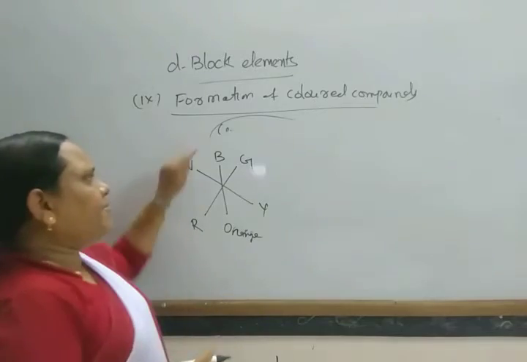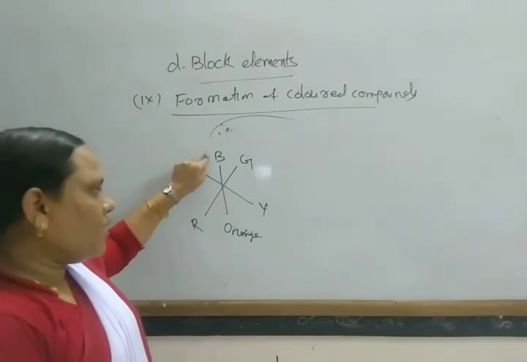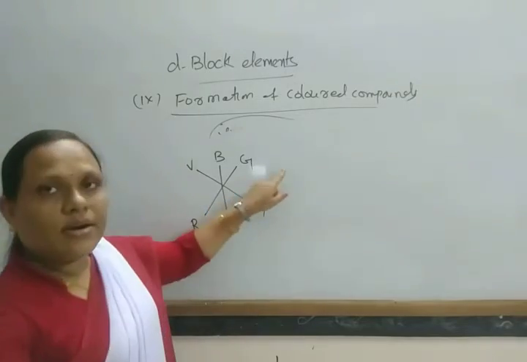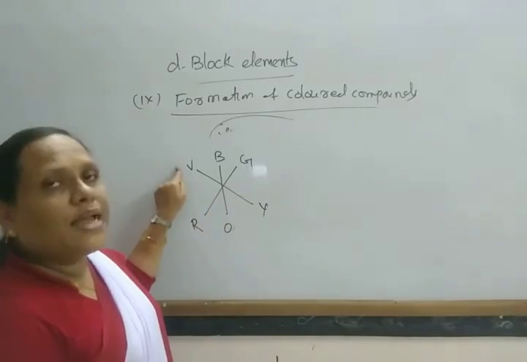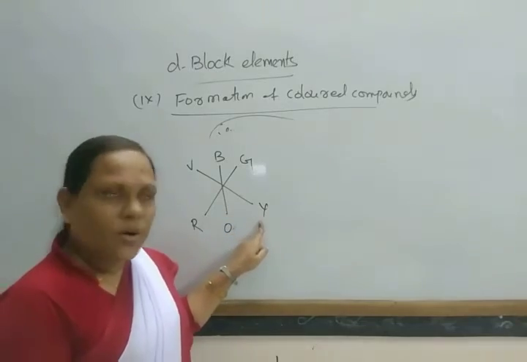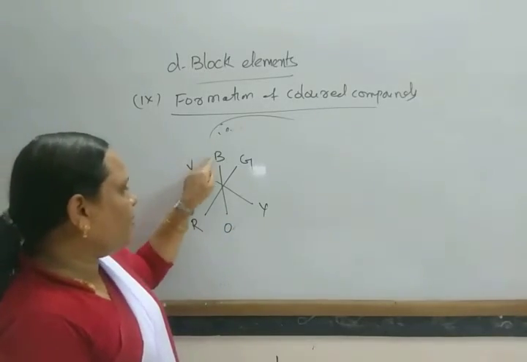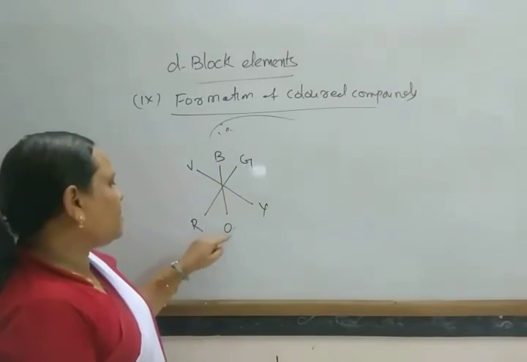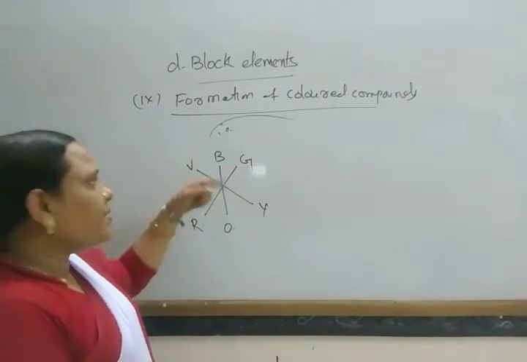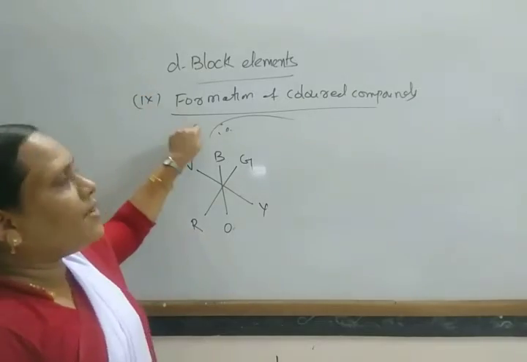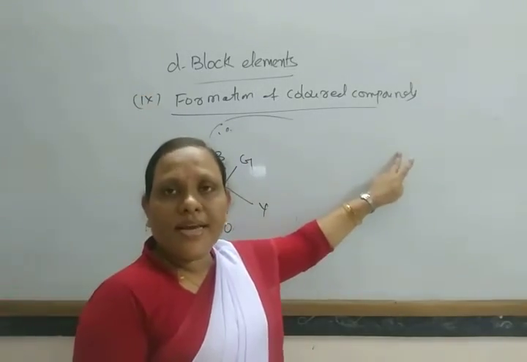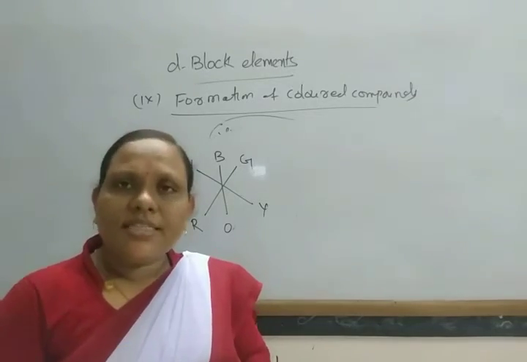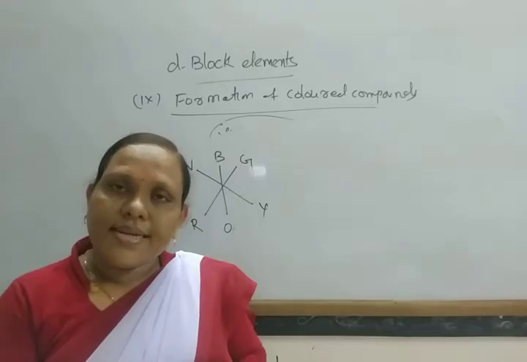So in this set, if it absorbs blue color, then it appears orange. If it absorbs green color, then it appears red. If it absorbs violet, then it appears yellow. And in between violet and blue, it appears between orange and yellow. If it is between blue and green, the color appears between orange and red. In this way, it forms different colored compounds. Okay, so that is due to the presence of unpaired electrons and the transition of electrons within the d subshell,